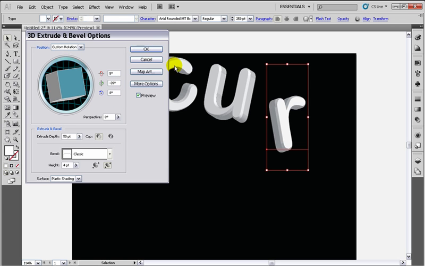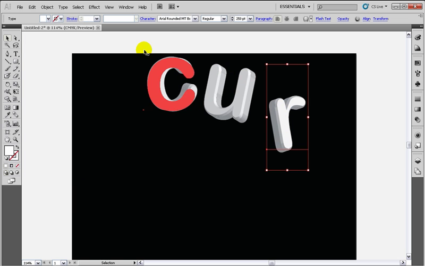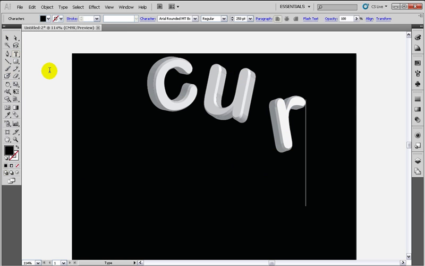What I'm basically doing is every other one I'm facing them the opposite direction, but making them not perfectly the same. So the R is not going to be exactly like the C, but it's going to have similar characteristics. So I'm going to go ahead and click OK, and then I'm going to use my text tool again, and I'm going to make the next letter of my name. So T,